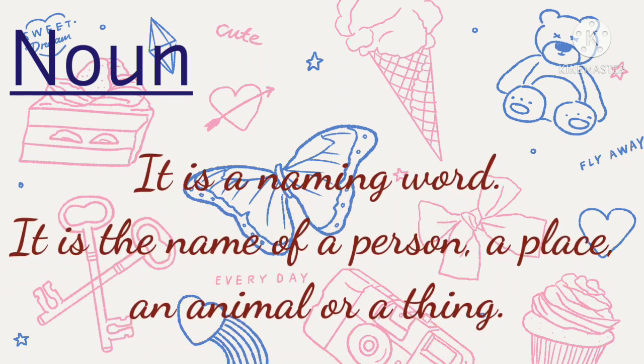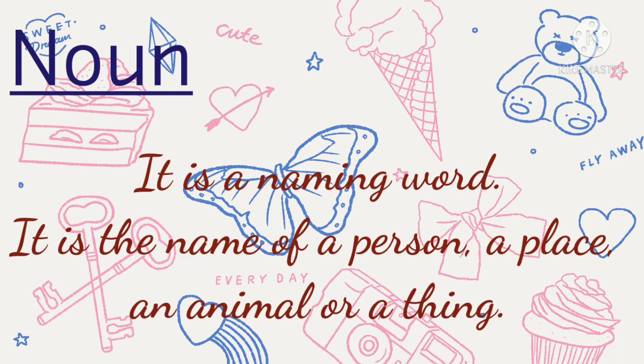It is a naming word. A noun is a naming word. What does it name? It is the name of a person, a place, an animal, or a thing. And of course, the name of an idea is also called a noun. What is a noun, children? A noun is a naming word and it is the name of a person, a place, an animal, or a